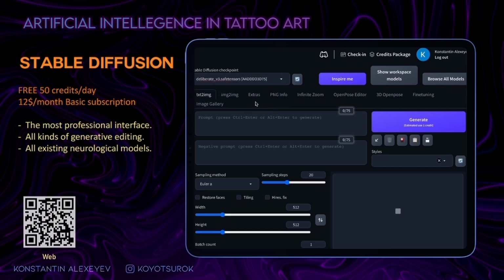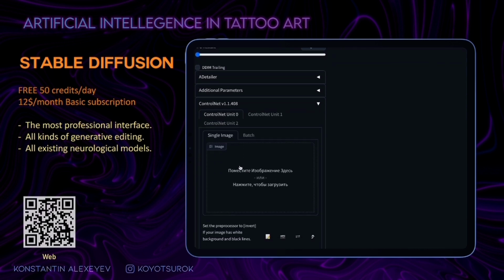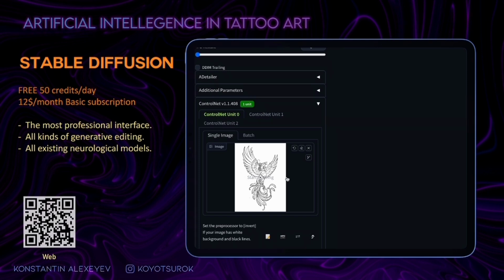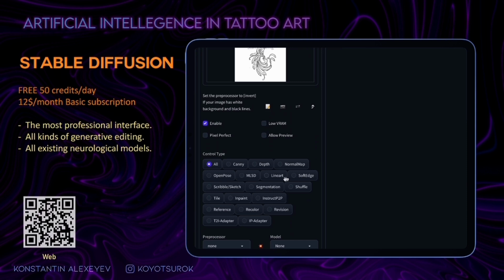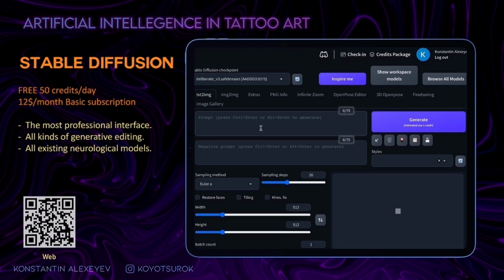First, we select a model. The text-to-image tab is a classic text-to-image generation mode, but the ControlNet function is more interesting here. This is what turns an ordinary sketch or line work or any picture into the style and colors you need. I'm uploading a line work here. ControlNet model is like LineArt or Canny. We can write our prompt: Phoenix, Firebird, Cinematic, Epic, High Detailed.